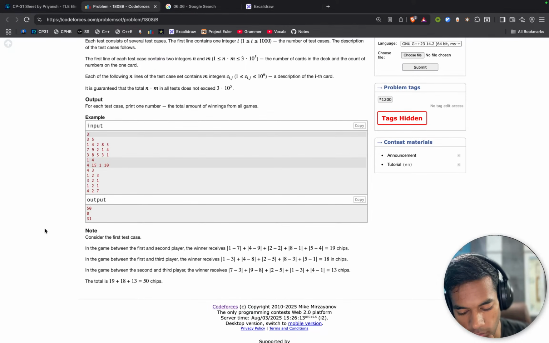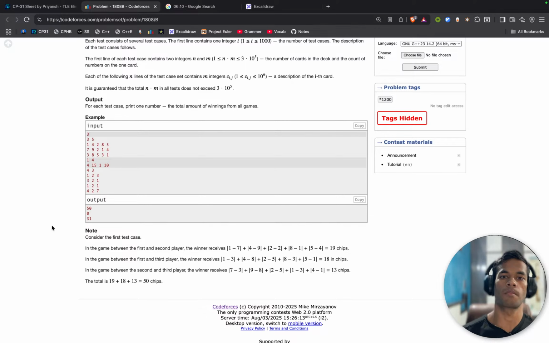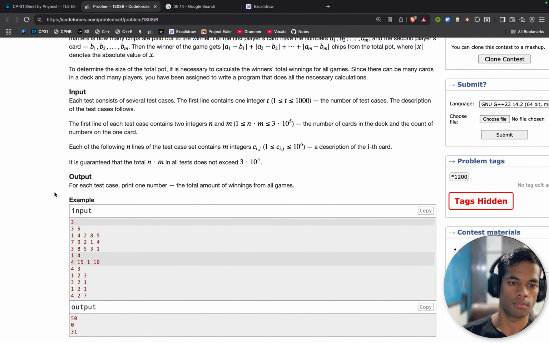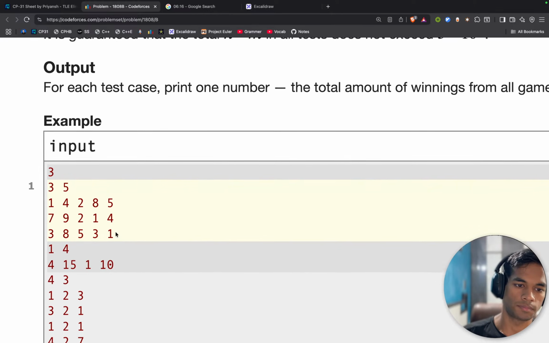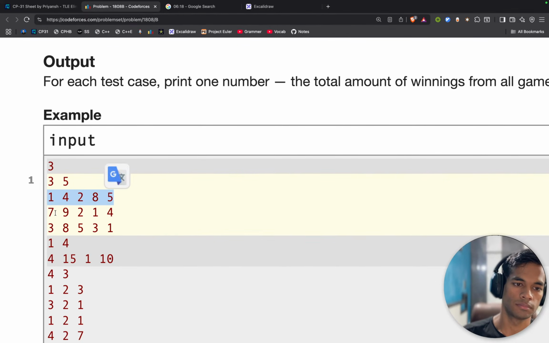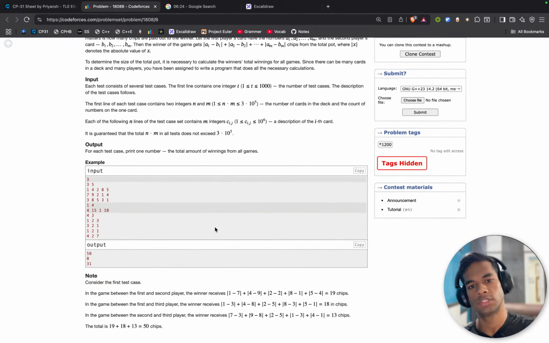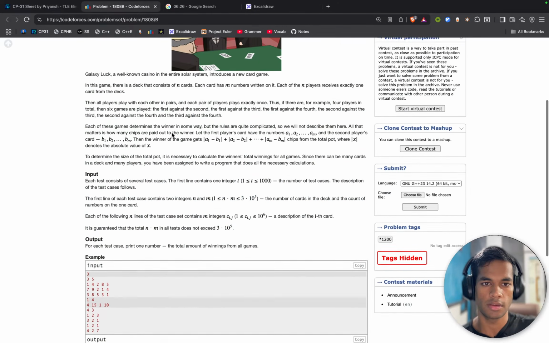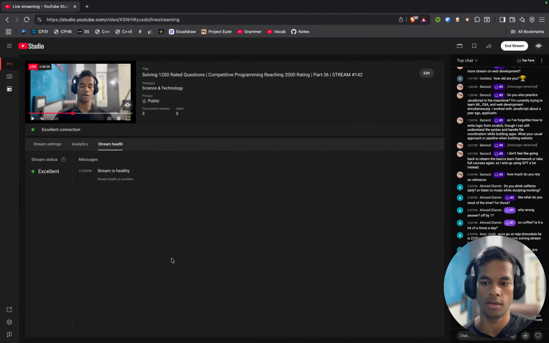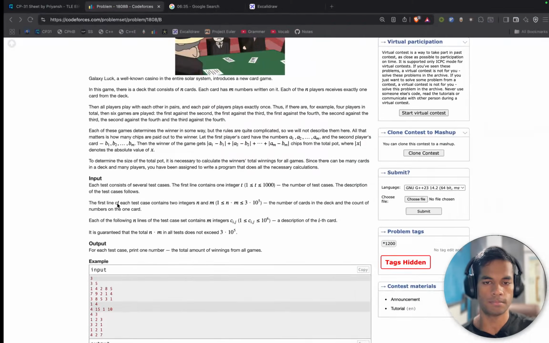Nah, matrix will be very big. Okay, think of something that I can do. Hmm,